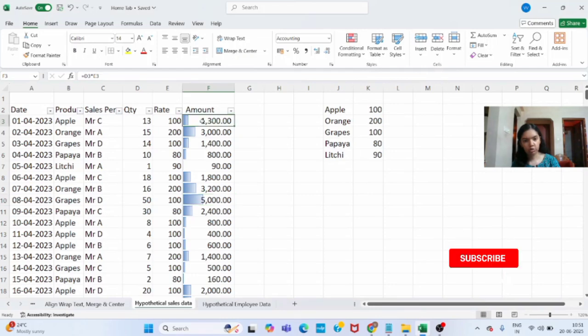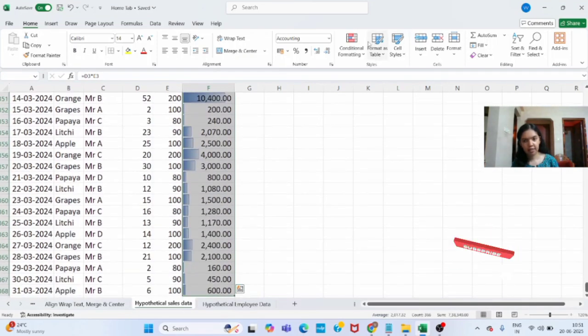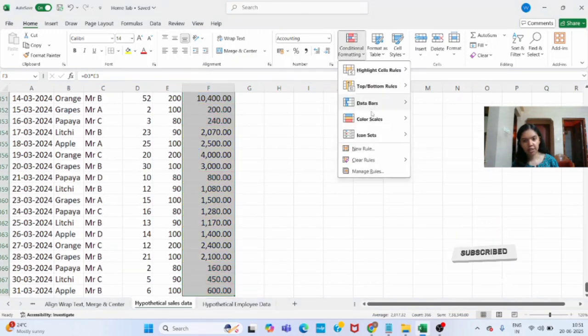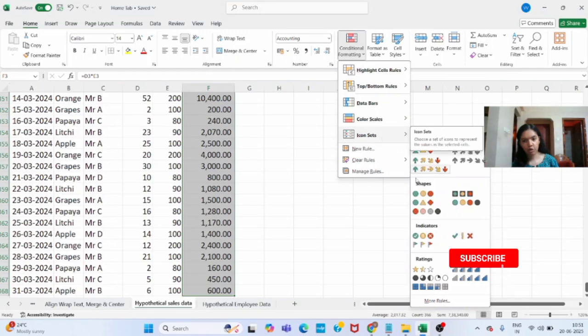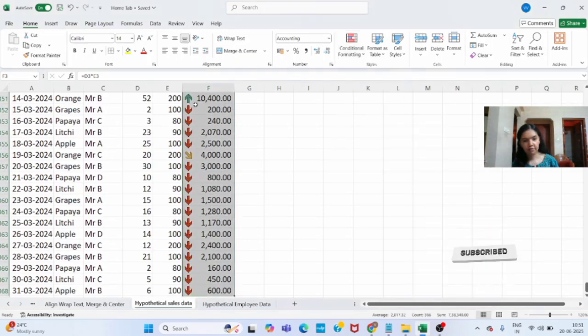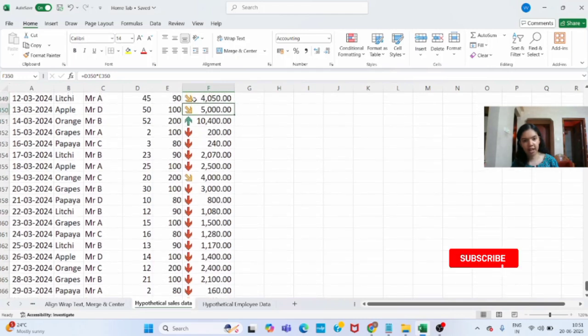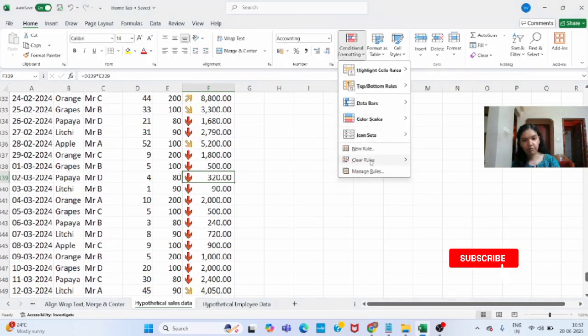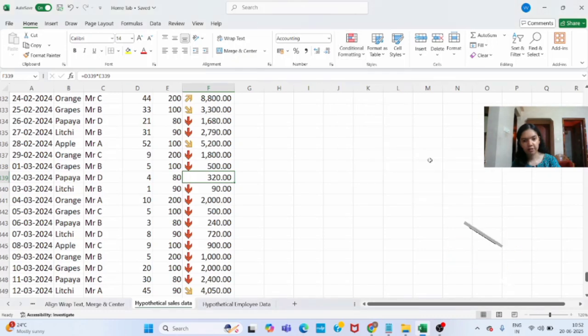And also this one more option I'll show you. Just select the data again. Come here to conditional formatting and you can see the scales here. So again I'll click on this conditional formatting and there is this arrow option also. So we can see here when the amount is high, you have this green color higher arrow showing upwards. When the amount is reducing, we have this downwards arrow. When the amount is increasing, this upwards arrow. And when the amount is completely low, we have this red color downwards arrow. So in same way, we can use different type of conditional formatting.